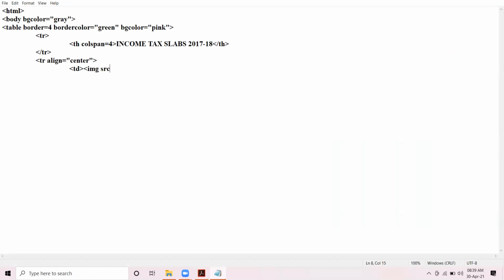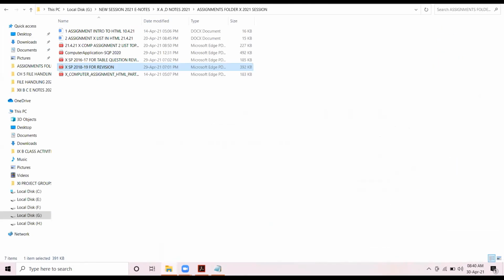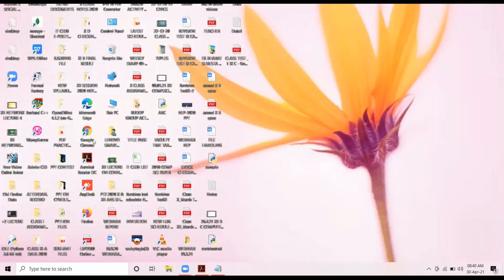So today you will learn one new concept, how to insert an image in the cell of the table. So after the TD, we are taking the image tag src equal to, now I am going to paste here the complete location of the image, and the image in my laptop is stored in this folder.